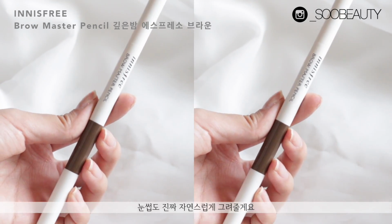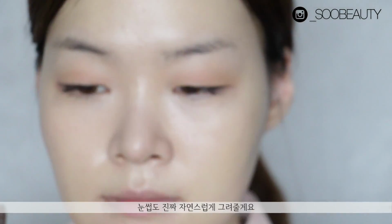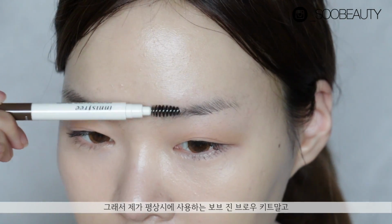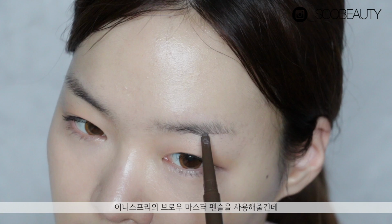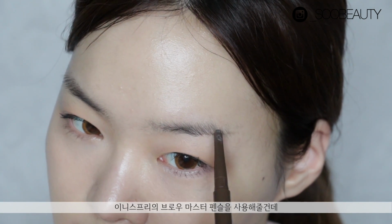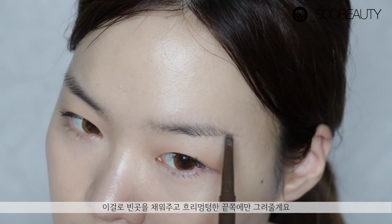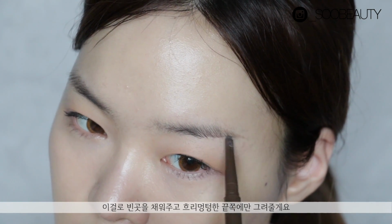I'm going to keep my brows really simple and natural as well. So instead of my usual VOV or Bobu Gym Brow Kit, I'm going to use the Innisfree Brow Master Pencil, which is an amazing product, by the way. And I'm just going to fill up any sparse areas with this